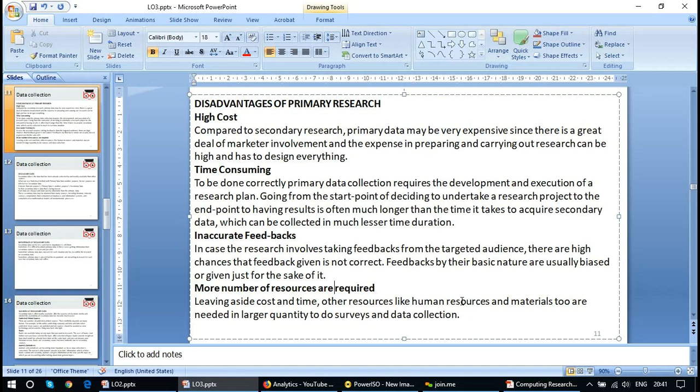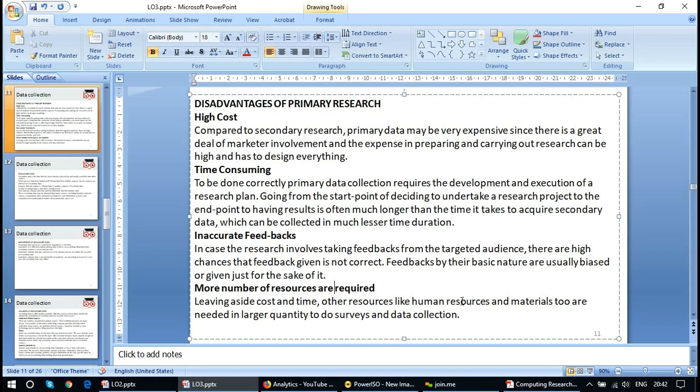Inaccurate feedback: in this case the research involves taking feedback from the target audience. There are high chances that the feedback given is not correct. That is a disadvantage because you are the first person doing the research, getting the responses, and they cannot always be correct. Feedback by its basic nature is usually biased or given just for the sake of it. For example, it's not necessary that when you did the research everybody was sincere. Probably they didn't have a